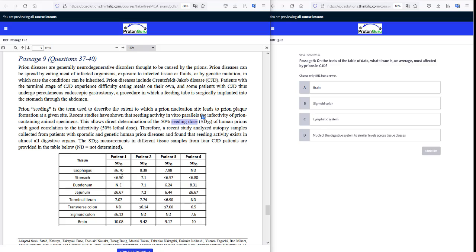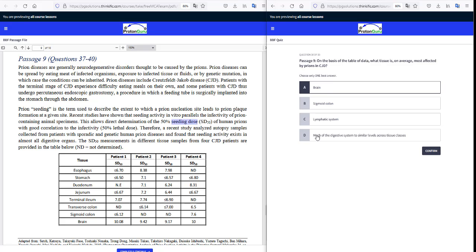So let's look at this. There are a lot of different digestive tissues listed here, so we're tempted to pick one of the digestive tissues perhaps. The brain has, however, the highest number in each column. You have some values that are kind of close, 8 versus 9, but overall, looking at all 4 patients, we could take an average and say it's about 9.5, and that's higher than any of the other